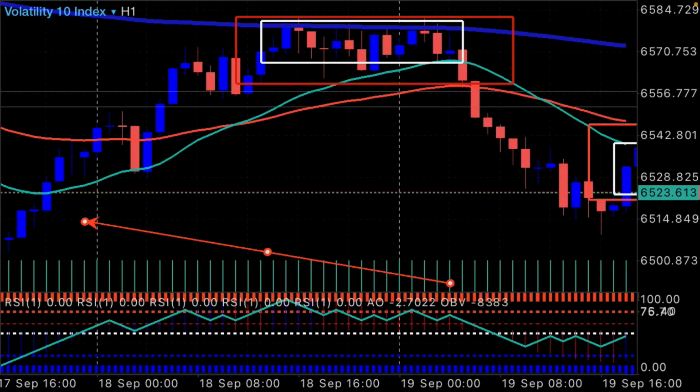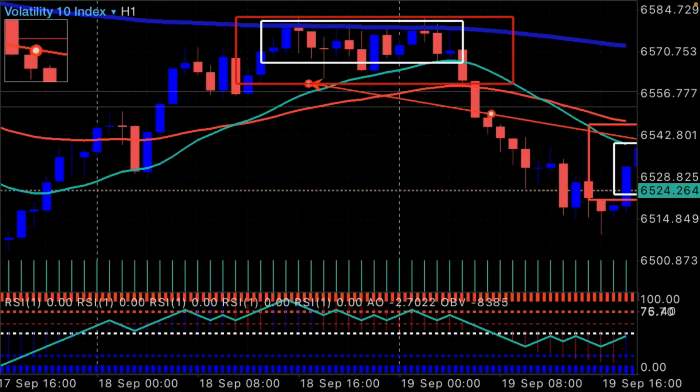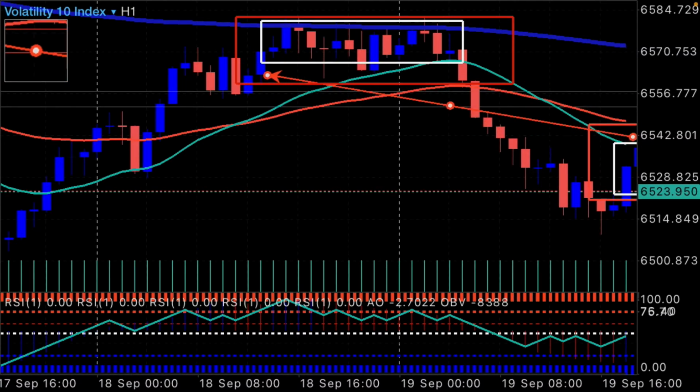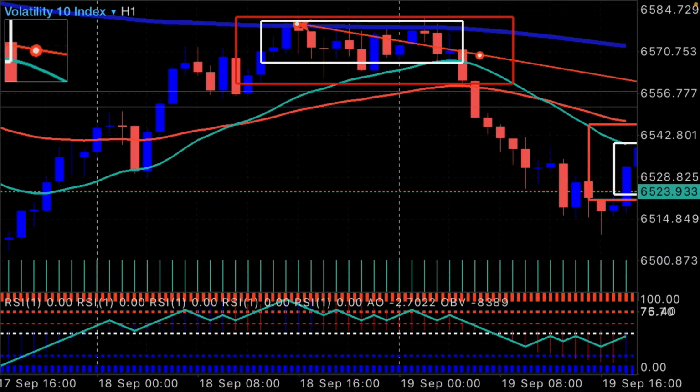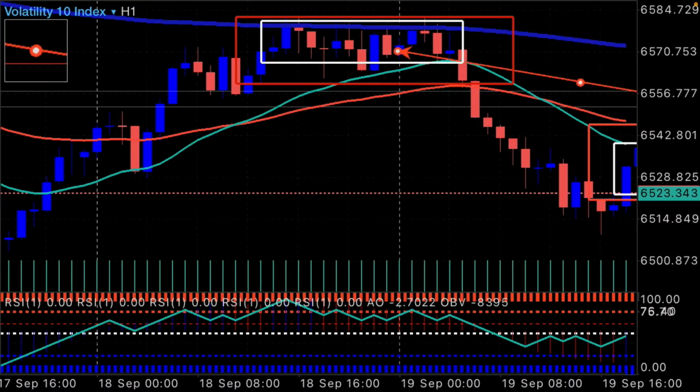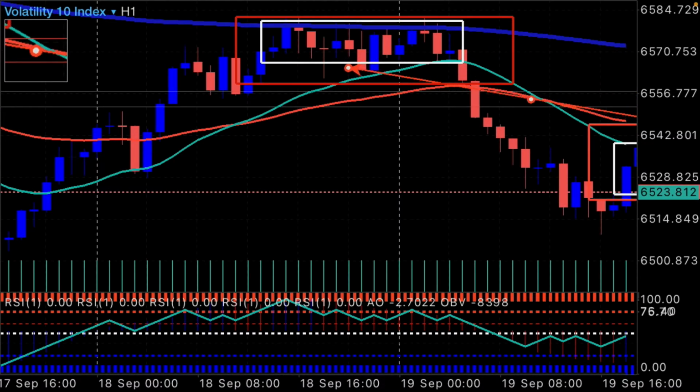You understand? You can wait for a retest, or if you can't wait for the retest, you go to the 15 minutes time frame and wait for your retest. You can see here the market started this consolidation right here and hit the resistance and rejected and broke my small box, and then retraced back again and hit my box. This is my break box. And it retraced back to form a resistance. So this is consolidation. It is trapping people's money.